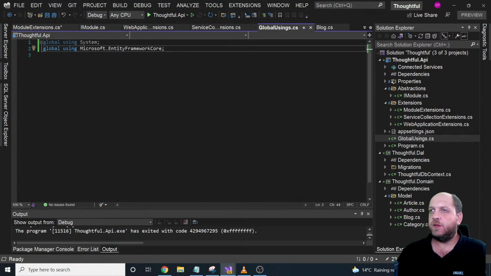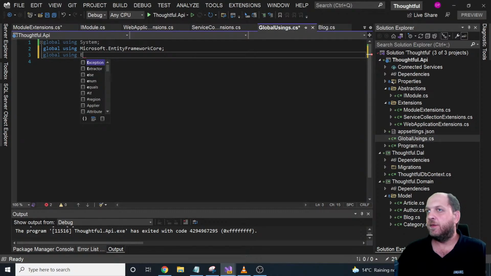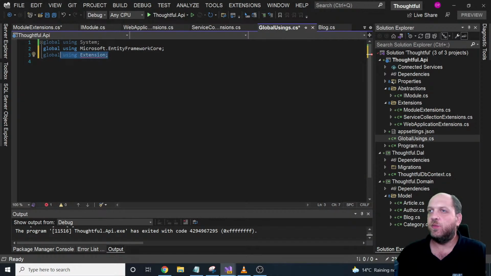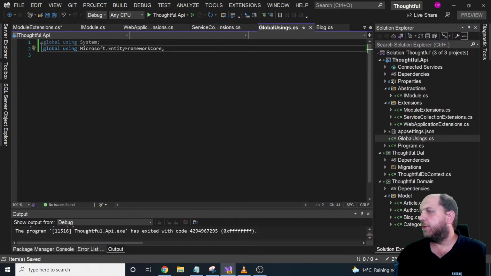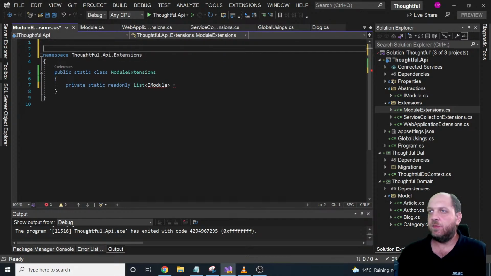So it would be global using extensions. No, I guess you can add only packages to the global usings. Okay, so let's go back to the module extensions and let's try to add it manually, because I'm not sure why IntelliSense doesn't allow me to do this using